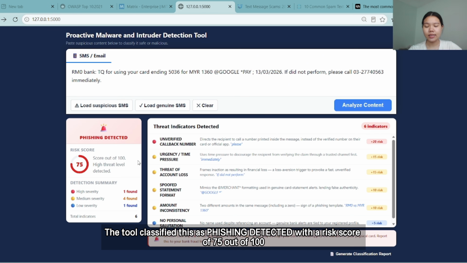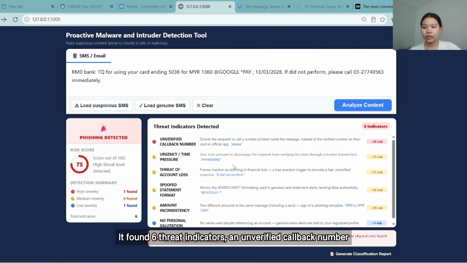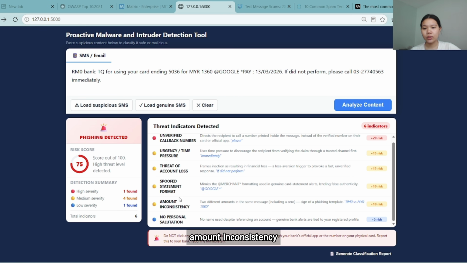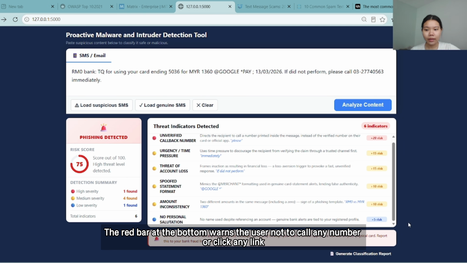The tool classifies this as phishing detected with a risk score of 75 out of 100. It found 6 threat indicators: an unverified callback number, urgency language, account lost track, spoofed statement format, account inconsistencies, and no personal salutation. The red bar at the bottom warns the user not to call any number or click any